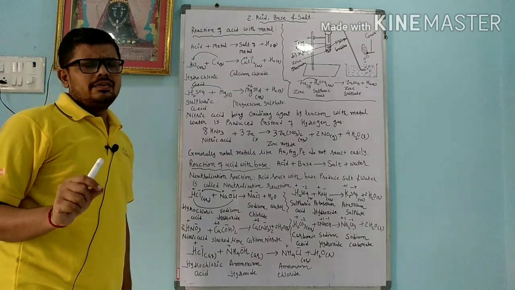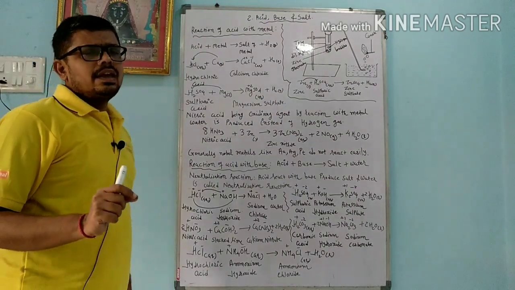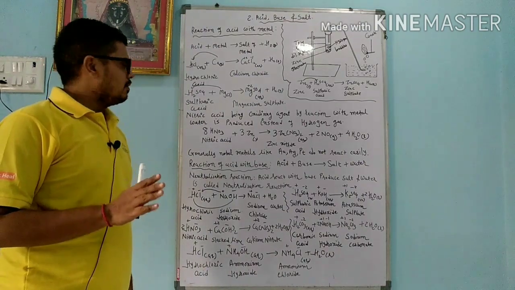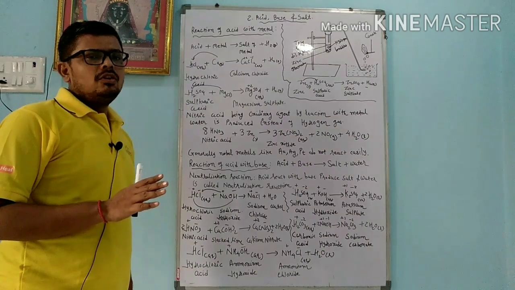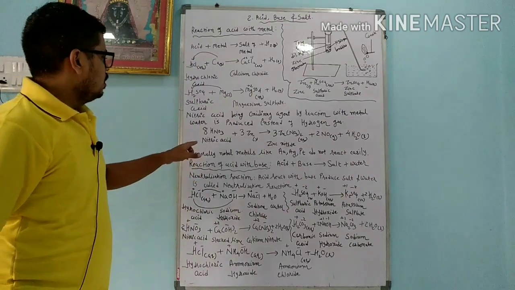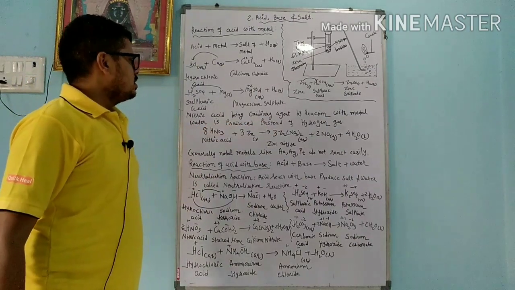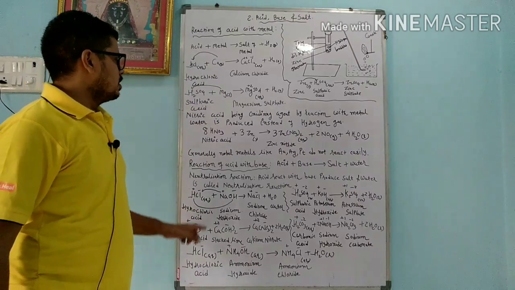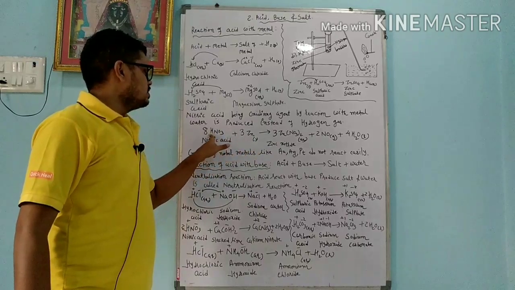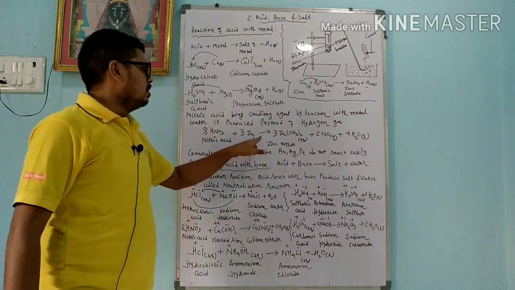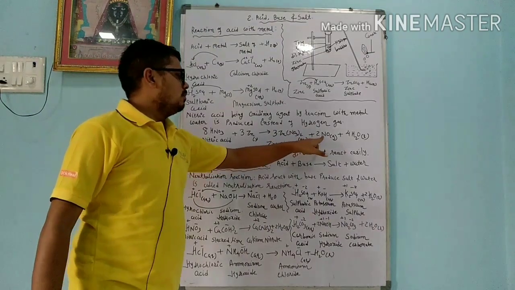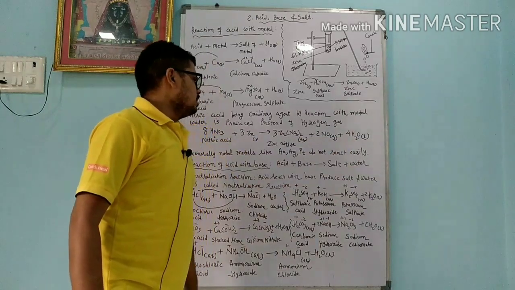Dear student, take care with nitric acid. Nitric acid acts as an oxidizing agent. So whenever nitric acid reacts with a metal like zinc, it will not produce hydrogen gas, but it will produce water. Nitric acid being an oxidizing agent, by reaction with metal, water is produced instead of hydrogen gas. So 8 moles of nitric acid plus 3 moles of zinc; here hydrogen gas is not produced, zinc will not donate the electron here, so we get 3 moles of zinc nitrate, plus 2 moles of NO, plus 4 moles of water.